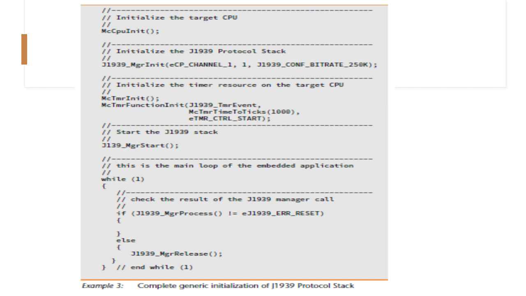Then start the J1939 stack, and go into the forever while(1) main loop of this embedded application.